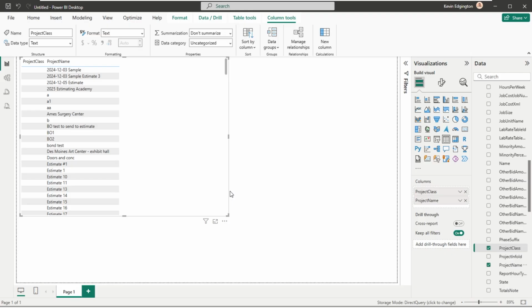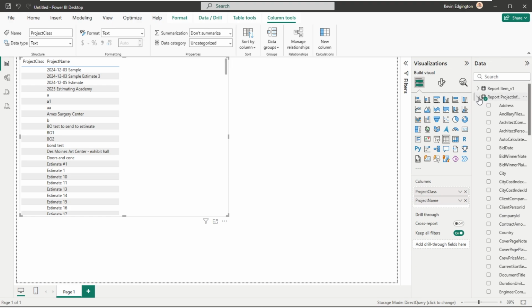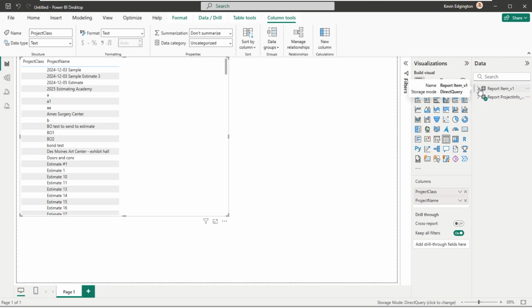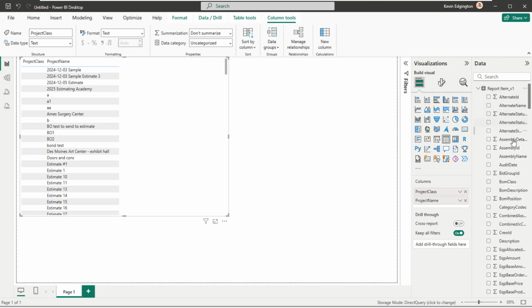And let's say that I wanted to see some different columns in. So, matter of fact, before I do, let's say that's the class, that's a project name. So maybe I want to see the line items of the estimate, so the name of the items. So I'm going to go up to the item record now, and I'm going to find the description of the items and drop it next.